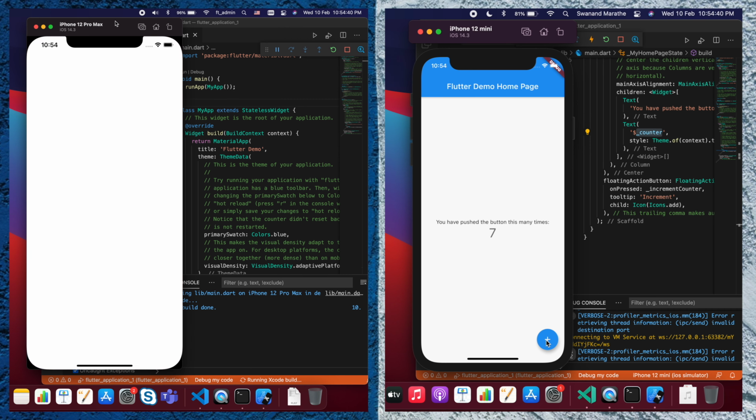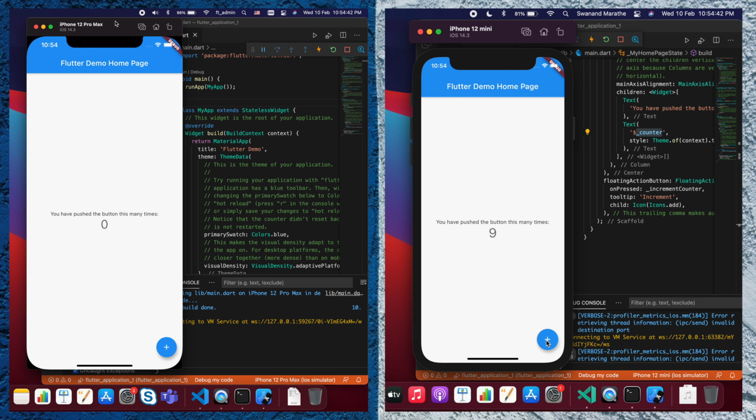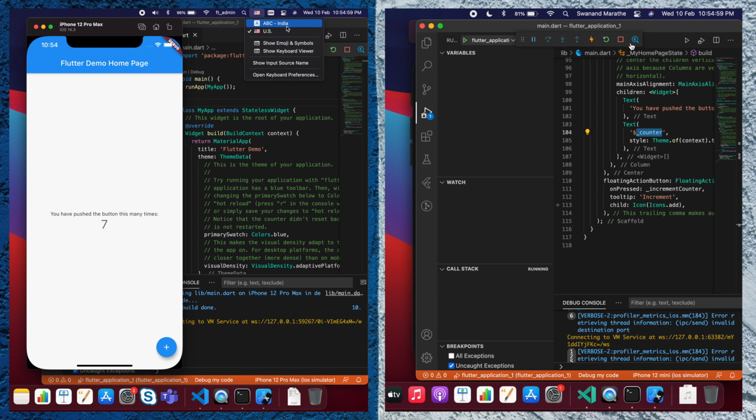You can already increment the counter over here, and now we can increment the counter on the Pro. Now let's try to run the app when the simulators are also running in the background.